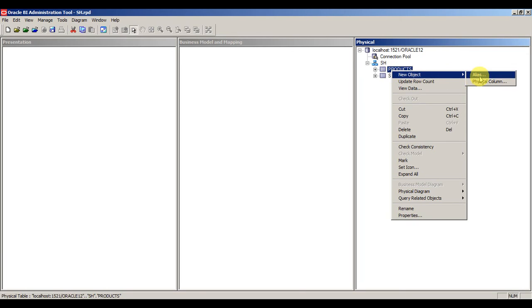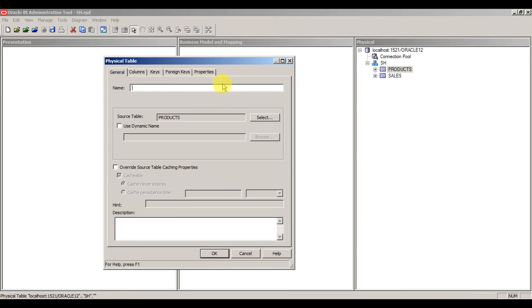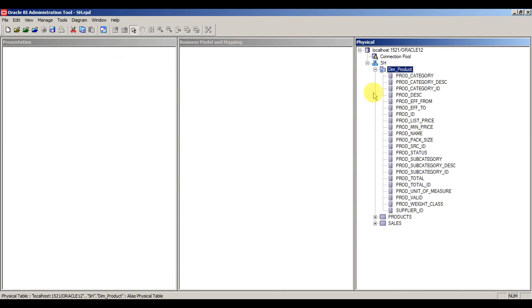So create physical alias, create an alias. You can see when I click on products, the source table is product, but since it is a dimension, I want to keep the naming convention as dimension, and products is the name. Now just click on OK.